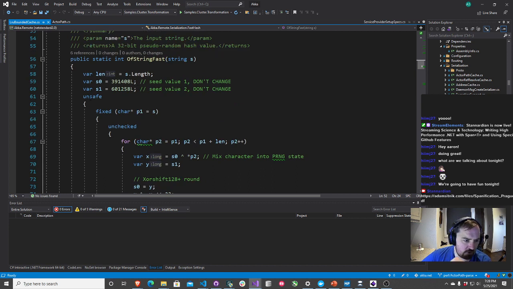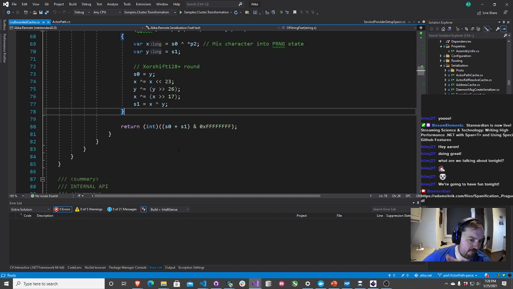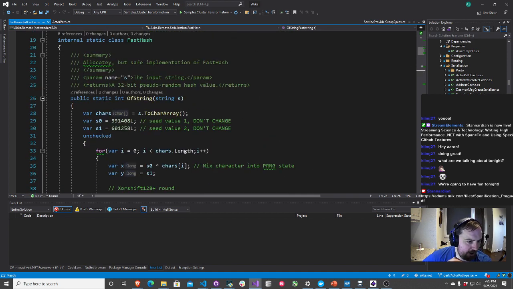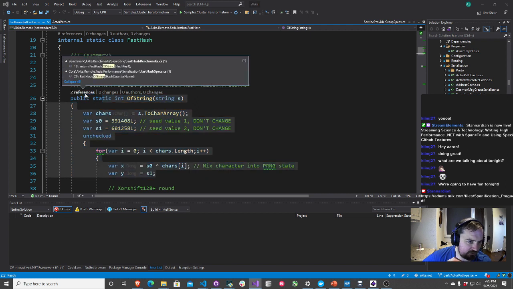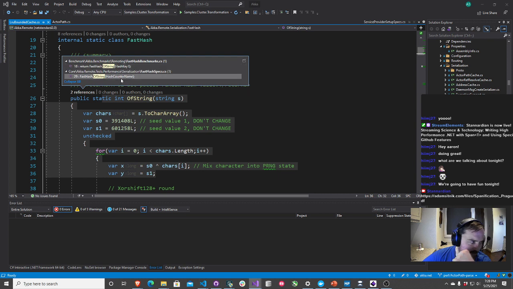What we're going to do is create an unsafe block right here. You have to compile your application with a special flag to let it know you're doing this. Then I'm going to get a fixed pointer address to the first character in the string, and based on the string's length, I can use a for loop to iterate through all the string characters without having to make a copy. Otherwise, the previously type-safe way of doing this, which I don't think we actually use anywhere, just in benchmarks and in a unit test,